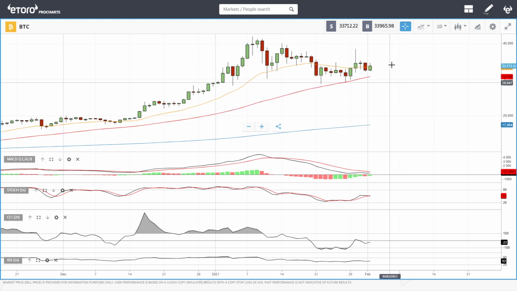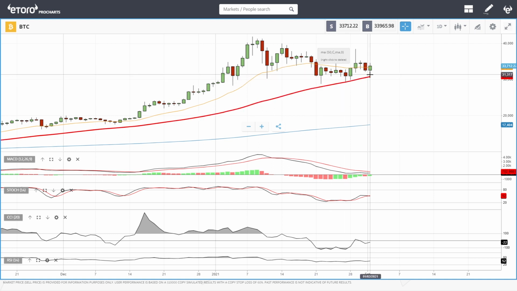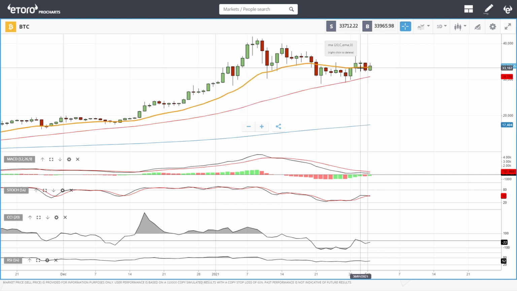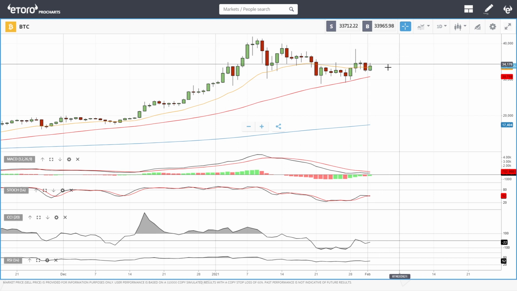But as you can see here in Bitcoin, the 20 exponential is major resistance at the moment, and the 50 moving average is major support. So it will be interesting to see what happens when the 50 moving average travels this way and the 20 exponential moves that way. They will cross. The question is whether or not the 20 will move underneath the 50 moving average. That will be an indication that this trend will become bearish and not bullish, or that we rally when we get close to the 50 moving average and head towards 40,000. So it is to be seen.